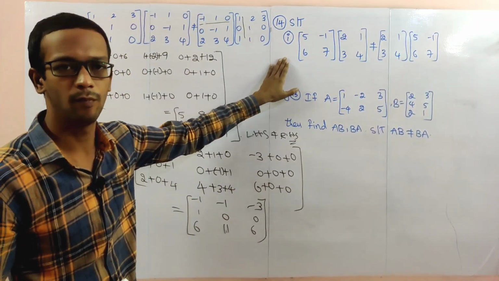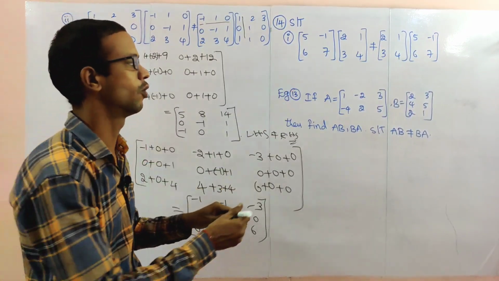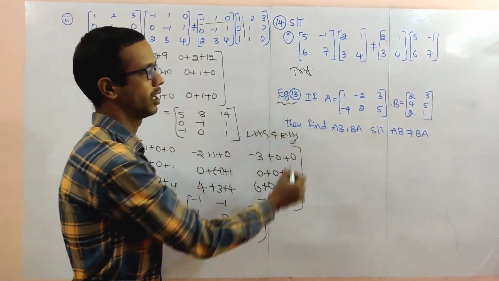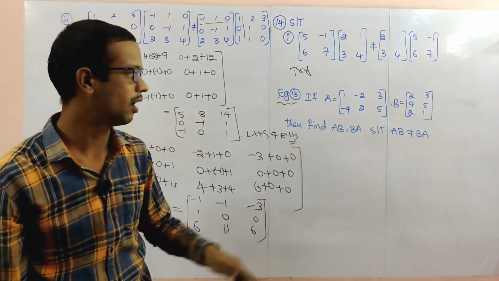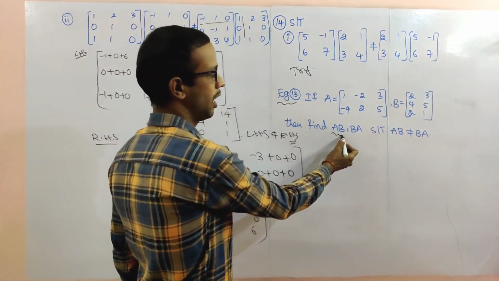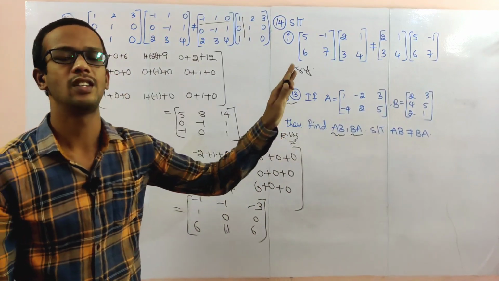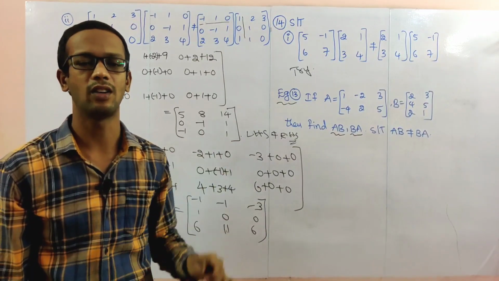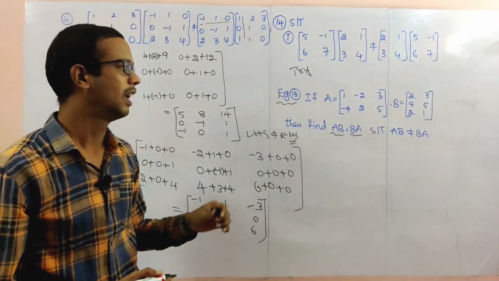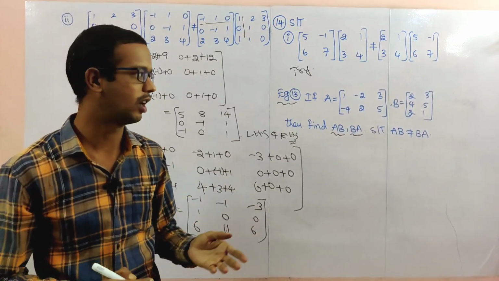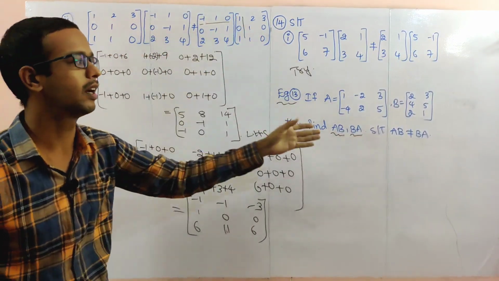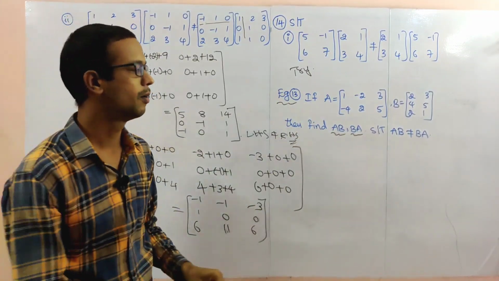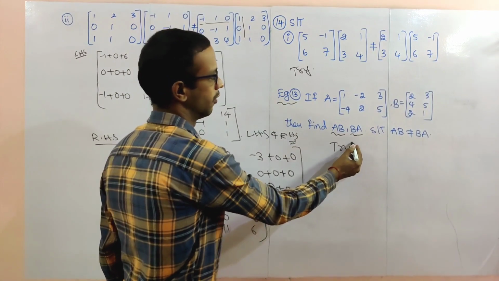So now, the same way, a 2 by 2 matrix is there. You have to simplify. You have to try this one in the same way. Next, example 13. This is example 13. A matrix is there, B matrix is there. Find out AB. Find out BA. First, AB multiplication: one matrix you will get. Next, BA multiplication: you will make one matrix you will get. Both are not equal, we also have to show. Here the extra thing, what is the same thing actually: here they directly gave AB, BA. Here you have to find AB. You have to find BA. Then AB is not equal to BA, we also have to show. Try this yourself also.